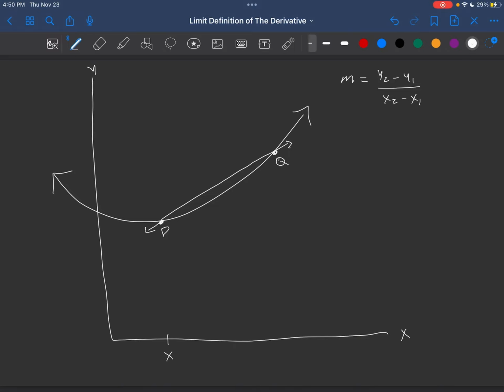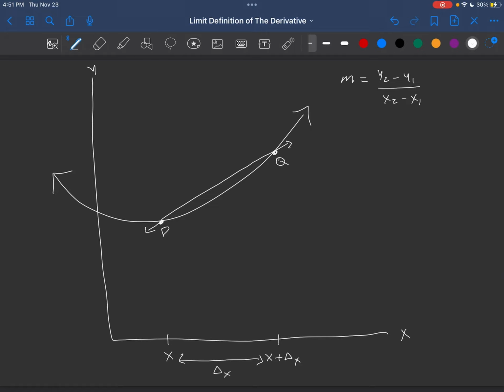And then the x coordinate for the coordinate pair that corresponds to point Q could be denoted as x plus delta x,